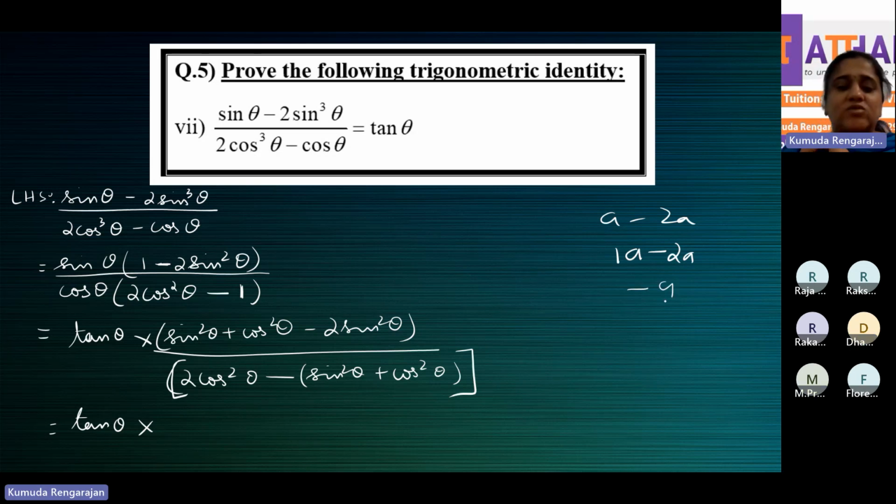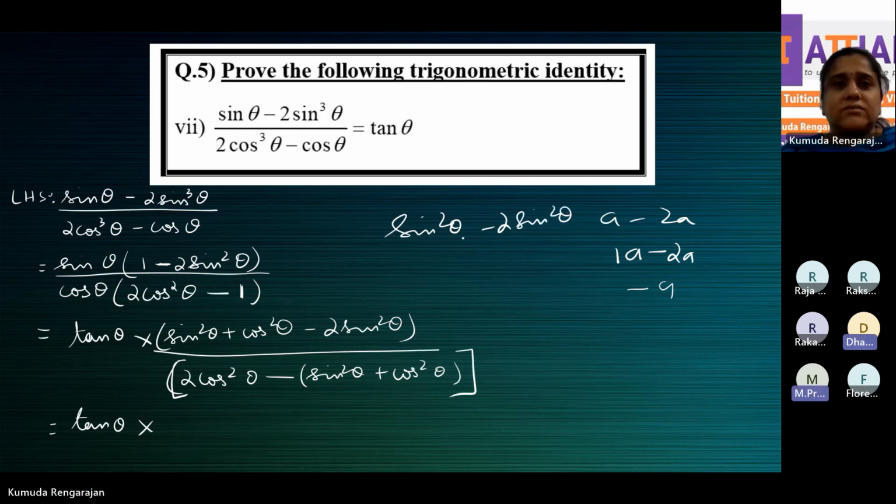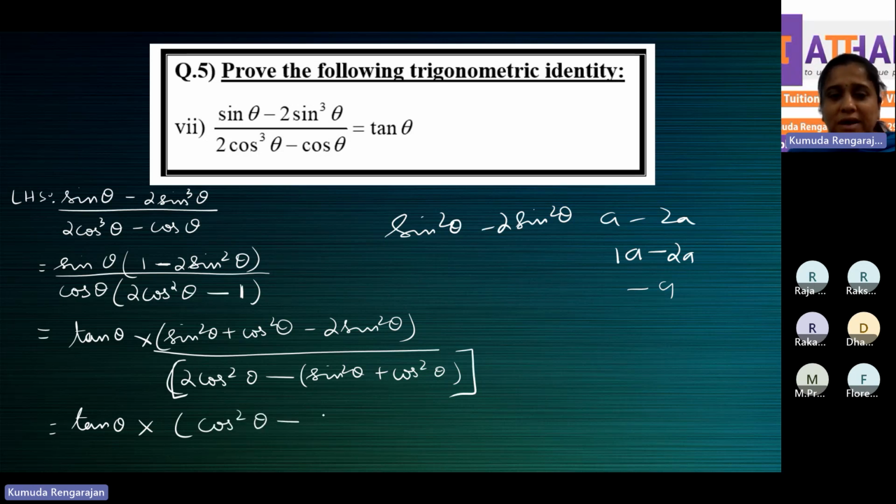So sin square theta minus 2 sin square theta is minus sin square theta. They're like terms. So we write cos square theta first, and then minus sin square theta, divided by